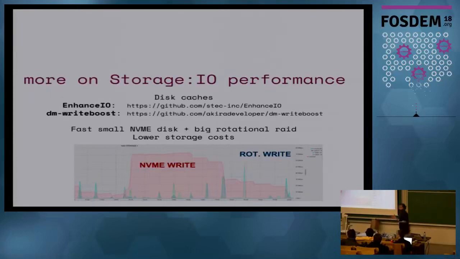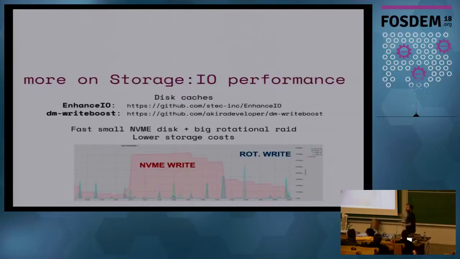We have rotational disks that are slow, and we have NVMe disks that are really fast, but they are quite expensive. So we buy the cheapest ones, the smallest ones, and we configure the DM-writeboost to write all